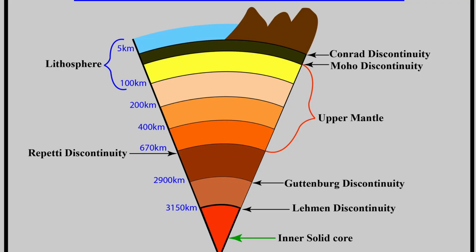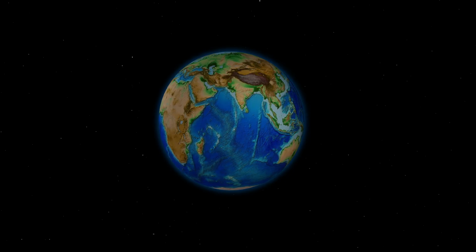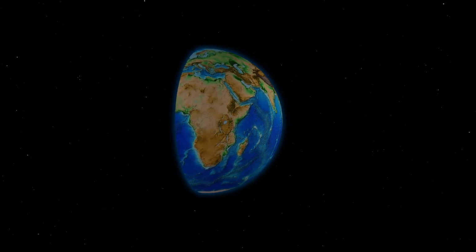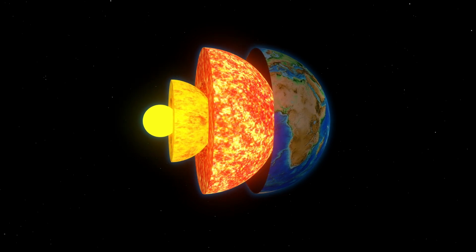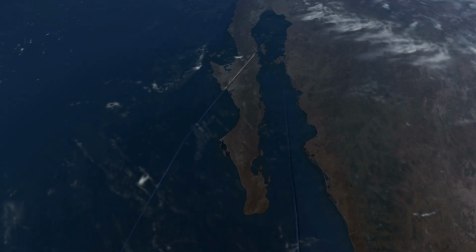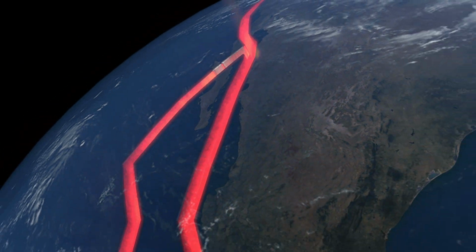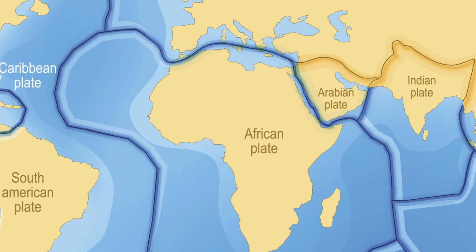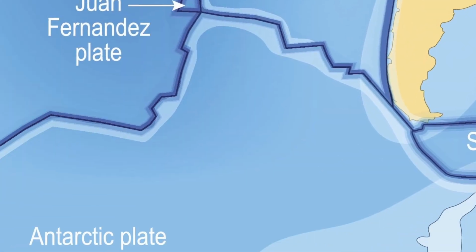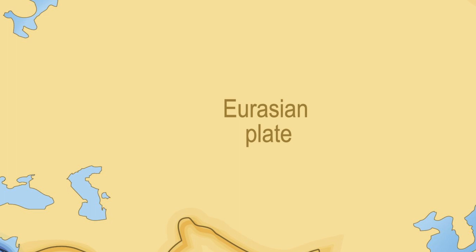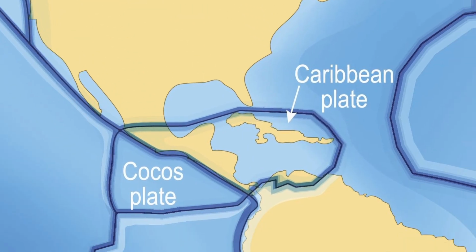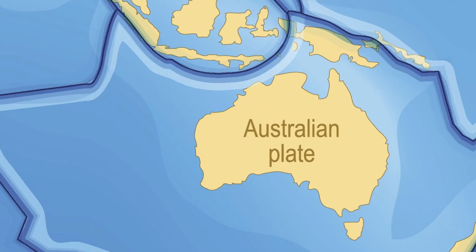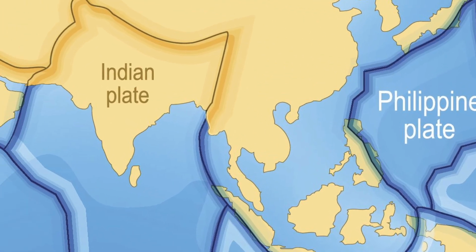According to the theory, the Earth's lithosphere is broken into several large, rigid plates that float on the more plastic and fluid asthenosphere below. These plates can move around on the surface of the Earth, either colliding with or moving away from each other. The theory states that the lithosphere is broken into several large plates, which include the following. First, there's the African plate. Then there's the Antarctic plate, Eurasian plate, North American plate, South American plate, Australian plate, Pacific plate, and finally, the